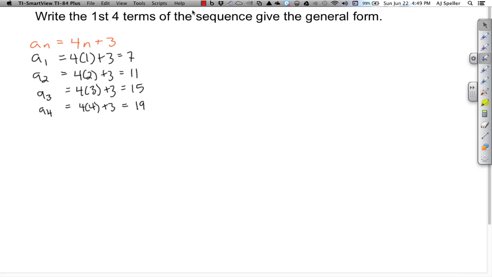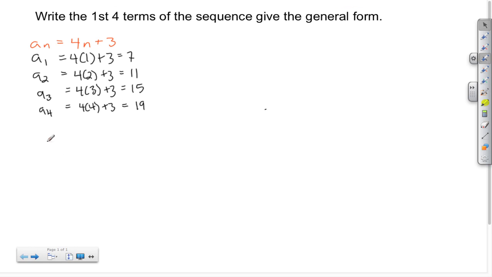So what I want to do now is put the calculator away, and let's do a second example. In the second example, the general term is going to be a sub n is equal to -1 raised to the n times 1/4 raised to the n. So let's figure out what the first term is going to be. Well, a sub 1 is equal to -1 raised to the first times 1/4 raised to the first. Well, -1 raised to the first power is still -1, and then 1/4 to the first power is still 1/4. So this first term is -1/4.